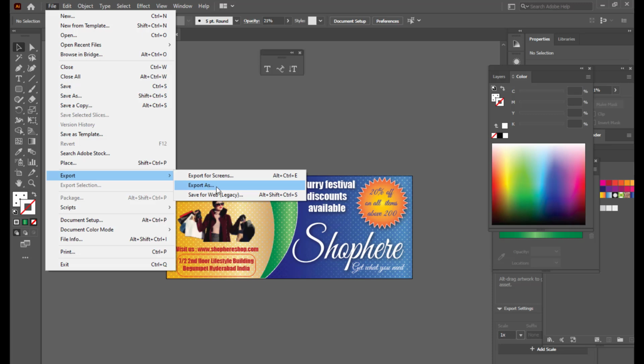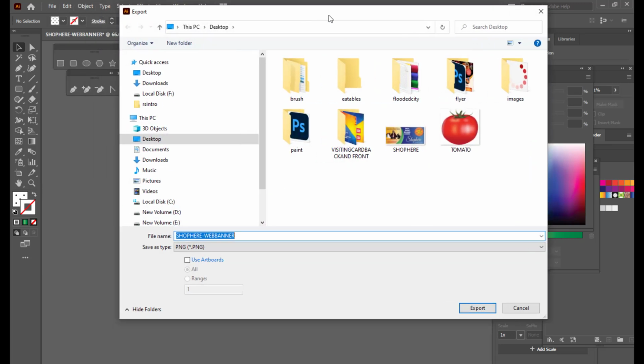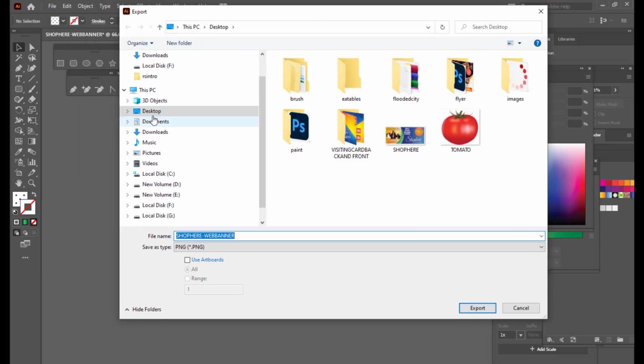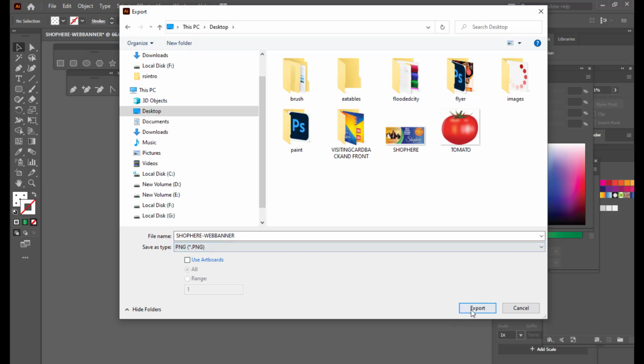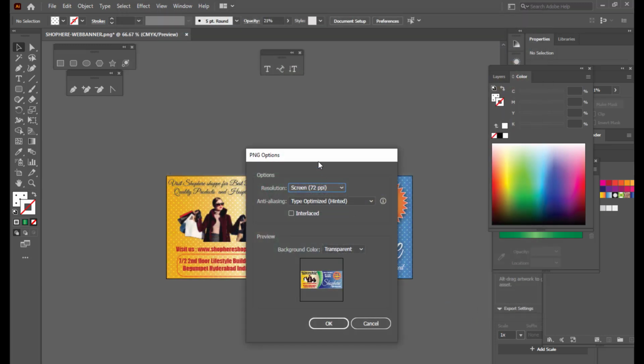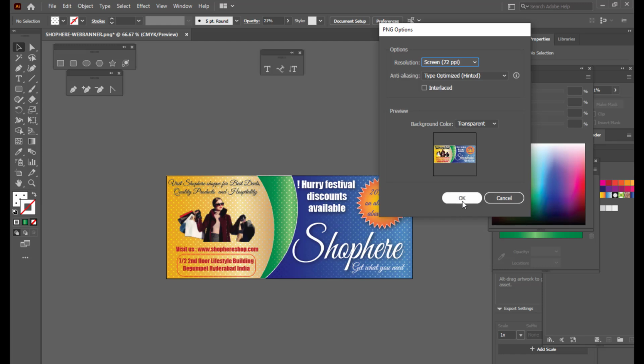So we'll select the Export As option, and I will export it on my desktop as a PNG file. Simply select the PNG format from the list of different formats and click on Export, and then click OK.